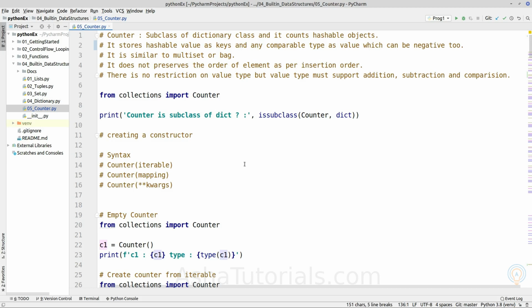So in Counter, it also stores the elements as key-value pairs. The key will be the hashable object and the value will be the number of occurrences of the hashable object. The value, or the count, can also be negative for a Counter. It is also similar to a multiset or bag,